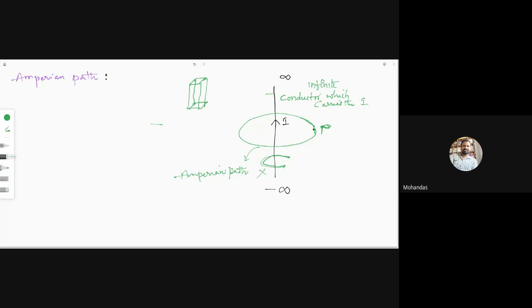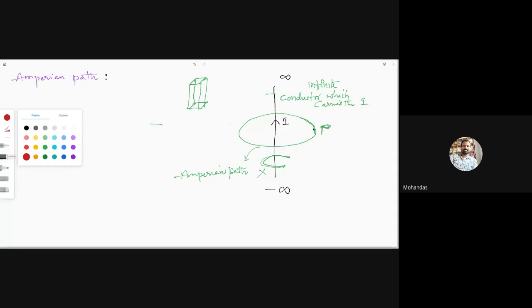Hello? I already said that the Amperian path should be selected based on the current distribution. Is it? Now, can we guess which type of